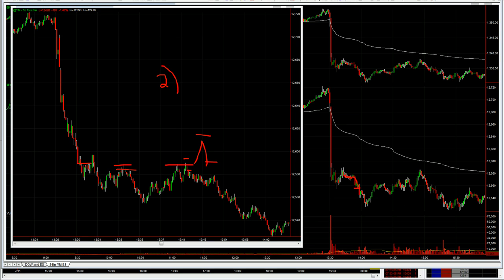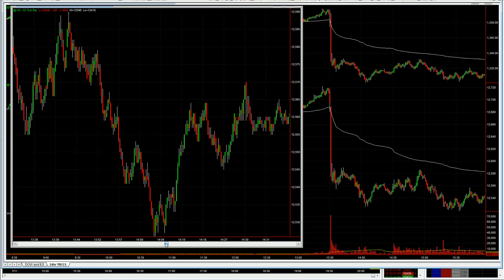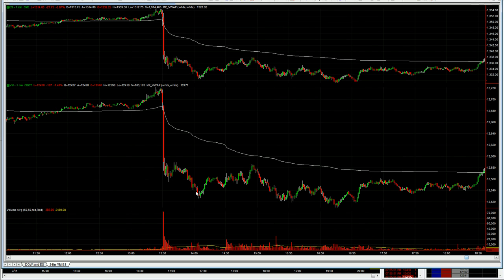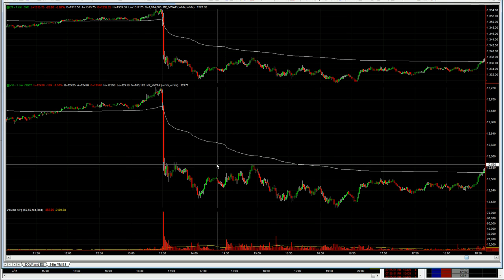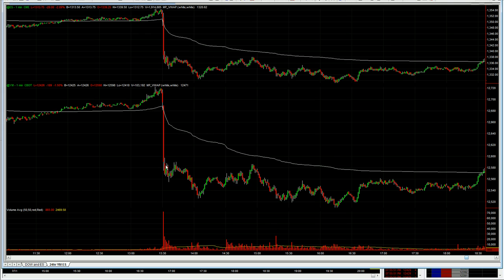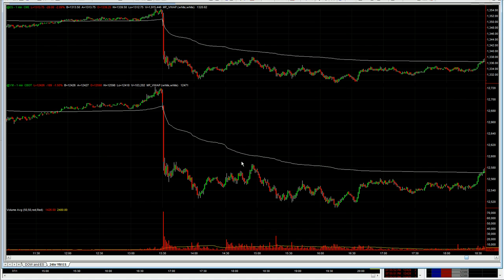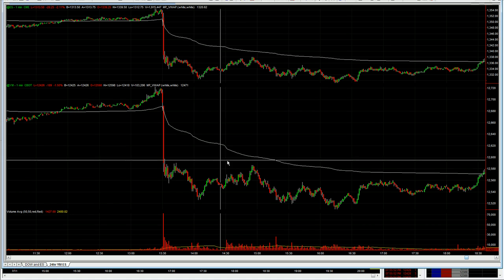Now this time we actually started to come into the open. Let me move it along. In fact, let's ditch the tick chart now and just go straight into the 1 minute. So we came into the open and we pushed up slowly, but where did we push up to? Right back to the level of interest we had earlier. We initiated a short there. We're ready to initiate a short at the same point, but we just want to make sure that the sellers are still there. Now it's been a little bit choppy at the open.